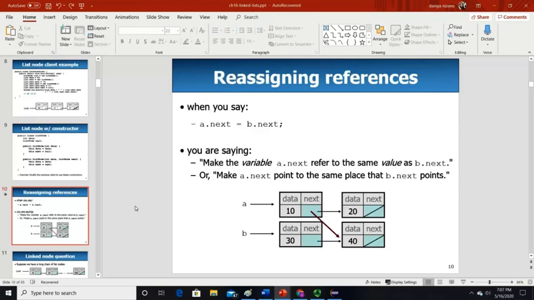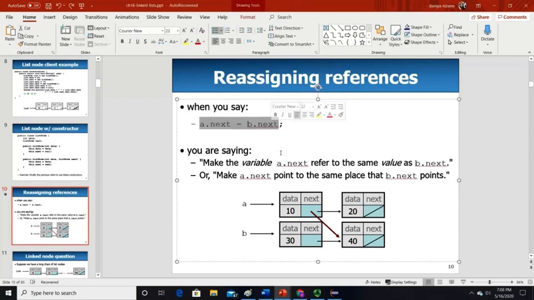Okay, so let's move on. Remember from the very first slide, the drawing panel, I told you about the references. So this is how the reference thing works in linked list. In linked list, these addresses are very important. You cannot mess up the address. So not even by accident. If you did it, for example, just take a look over here, you have a linked list. So if I say a.next = b.next, so right now your a is like this whole one line, and your b is the second line.